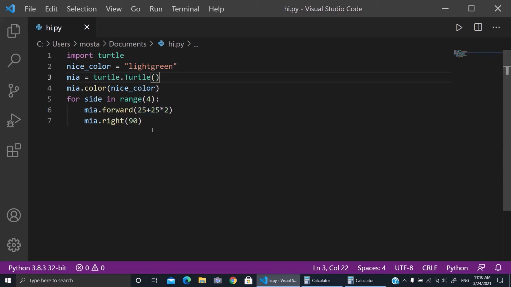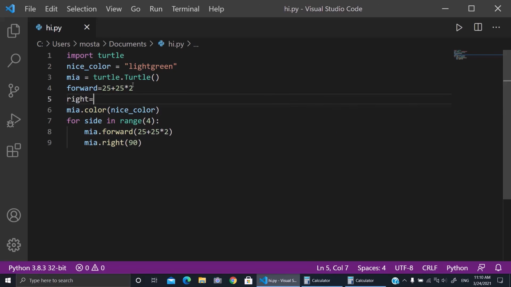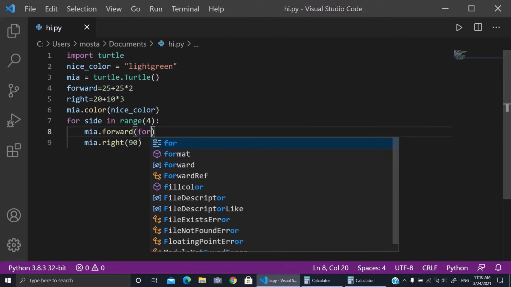variable. For example, here we can make forward equals to 25 plus 25 multiply by 2. And here we want 20 plus 10 multiply by 3. So instead of this equation, we can put forward,